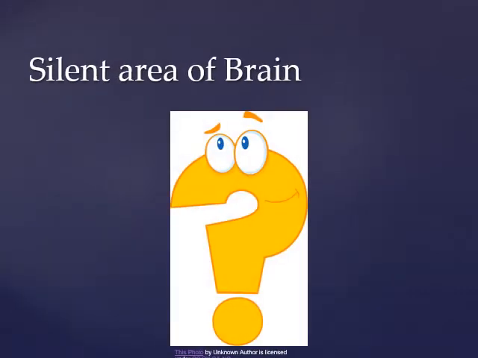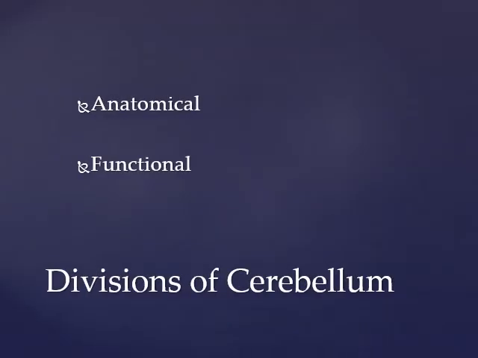So cerebellum is usually called a silent area of the brain. Why is it so? It's because electrical excitation of cerebellum does not cause any conscious sensation and rarely causes any motor movement. However, if we remove cerebellum, then our movements become highly abnormal. So cerebellum is very vital in specific types of muscular activity, for example, running, typing, playing a piano, and even talking. If we lose this part of the brain, we lose all the coordination between different muscular activities. So, for the sake of this lecture, we'll be sticking to two types of division of cerebellum, that is anatomical and functional or physiological division of the cerebellum.